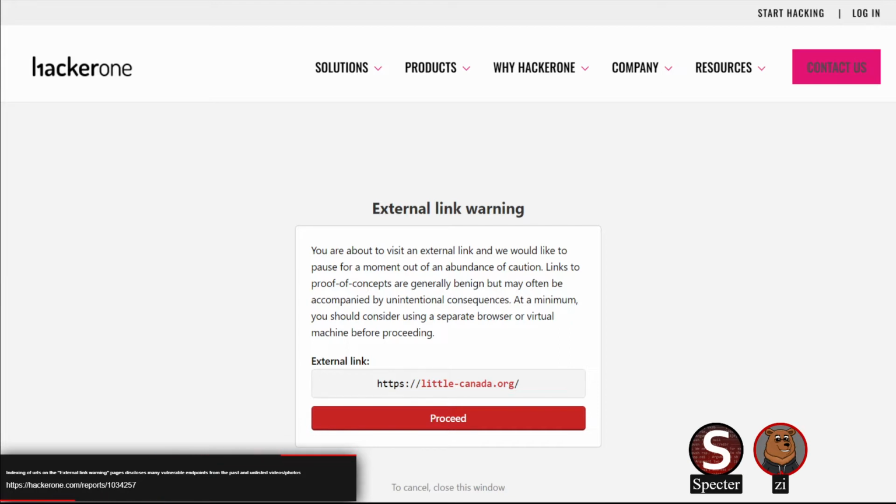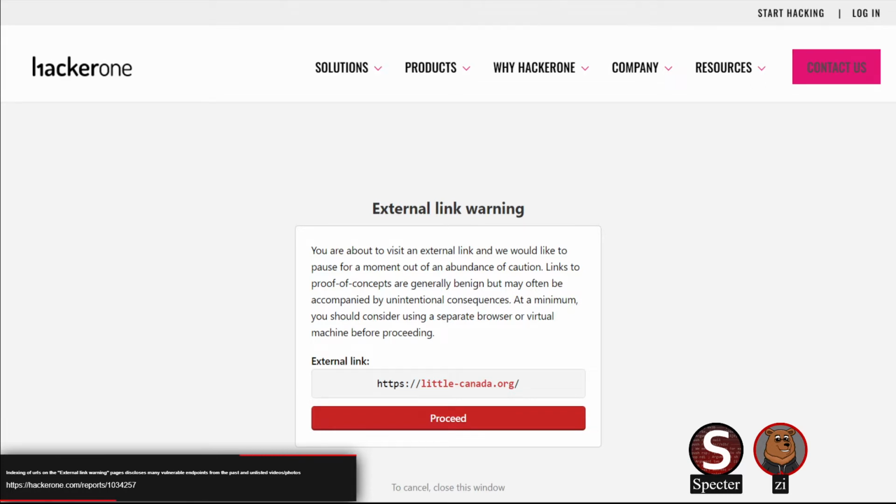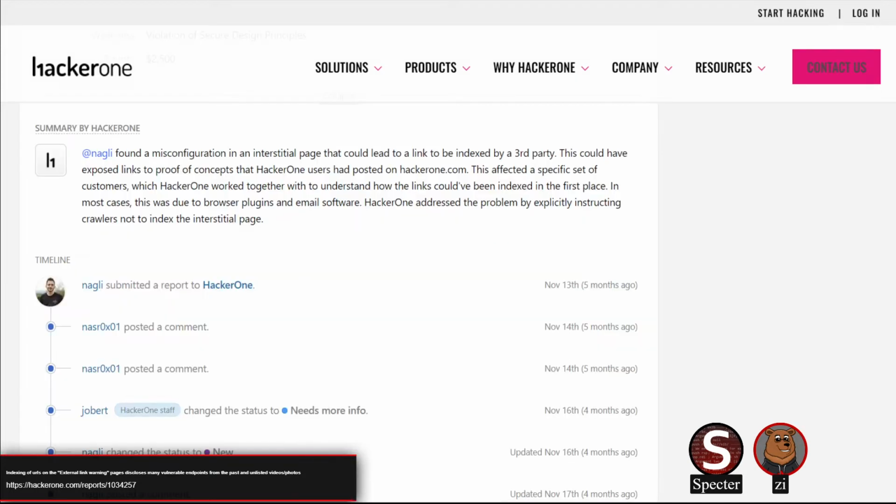And of course, that URL might contain something sensitive, like a link to a proof of concept for a cross-site scripting attack or some sort of vulnerability like that. So the fix was that they no longer allow the page itself to be indexed by the search engines. It was just adding that to the robots file. But I thought that was an interesting way to get information about vulnerabilities.